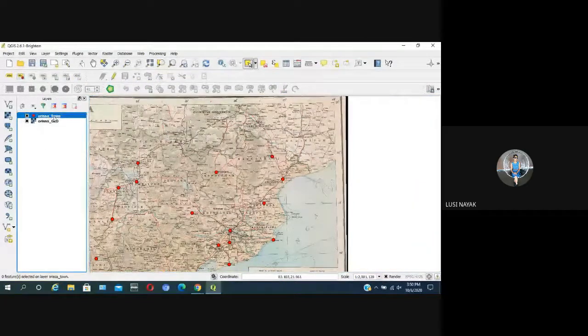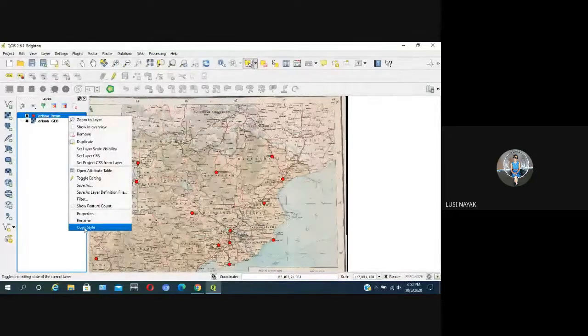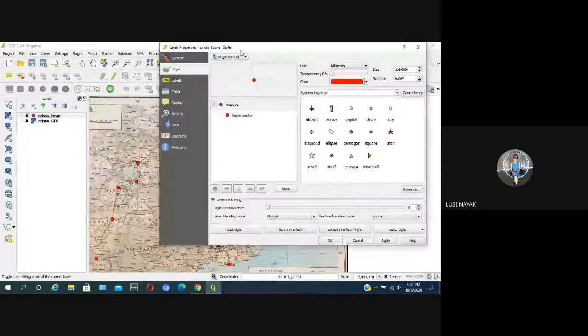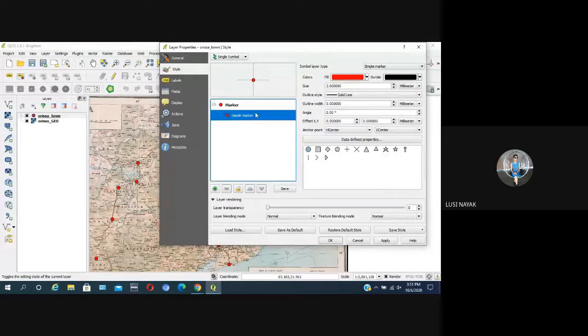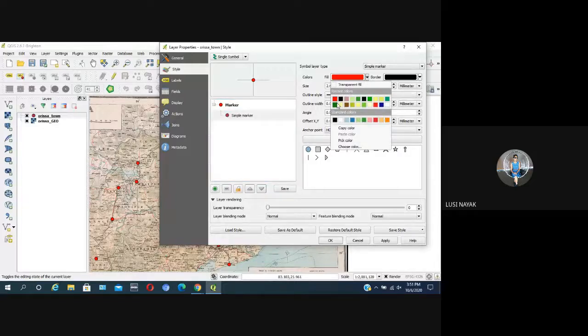See this. Everybody, please look into what he is doing. Select your vector layer, then right click, go to properties, then style, simple marker, fill color, any color you select.